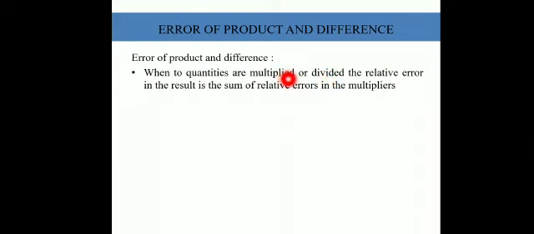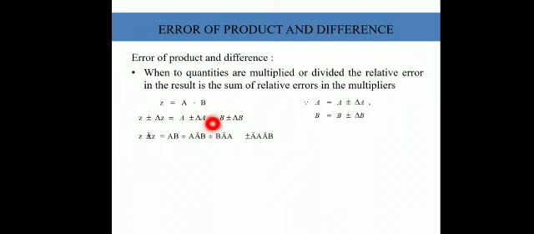Now, because delta a is a very small value and delta b is also a very small value, when the two of them are multiplied together the value becomes very small. We can easily neglect it. For example, 0.1 into 0.1 becomes 0.01, which can be neglected. So the last term goes off and we end up getting z plus delta z is equal to ab plus a into delta b plus b into delta a.